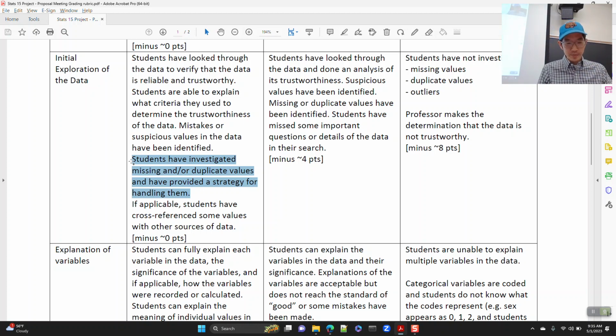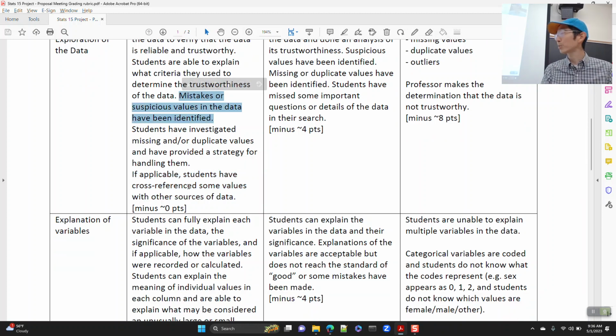But I'm going to ask questions like, okay, how many entries are missing data? What proportion of your data is missing? Do you have a strategy for handling them, either leaving them out, or filling them in with some kind of number, which comes with pros and cons? Things like that. Even better is if we identify anything that looks suspicious or unusual.